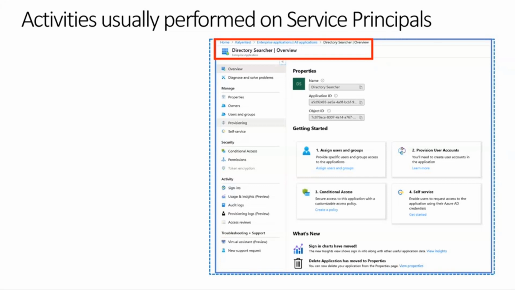Why do we separate application and service principal? It is because it allows separation of duties between a developer and, let's say, an IT pro.